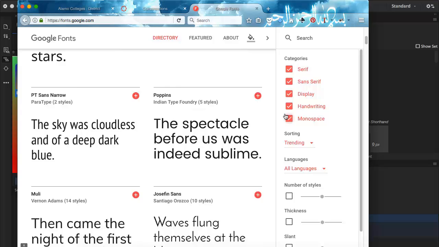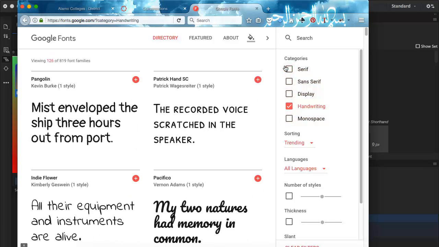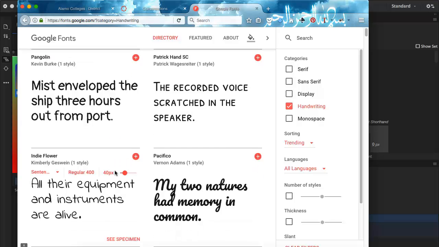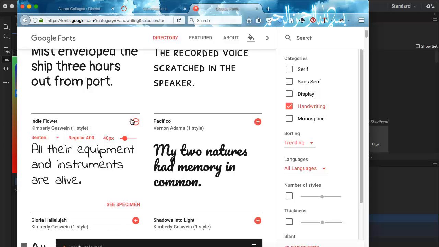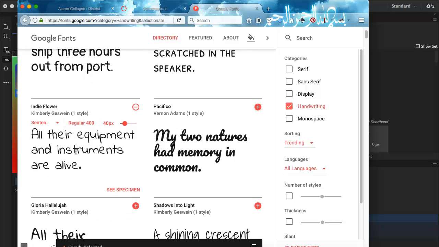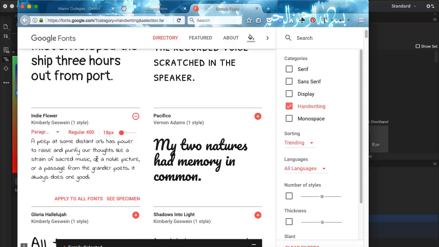So let's say I want to just have a handwriting font available to me. I can go ahead here, and I like this Indie Flower, so I just hit the plus sign, and you can go in here and type a different sentence, paragraph, whatever it is you want to see. Yep, I really like the look of that. So now down here at the bottom,